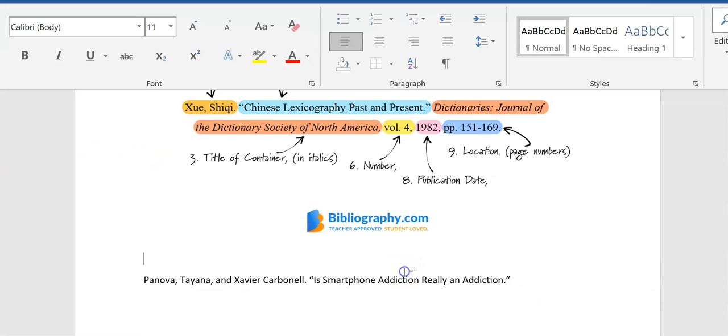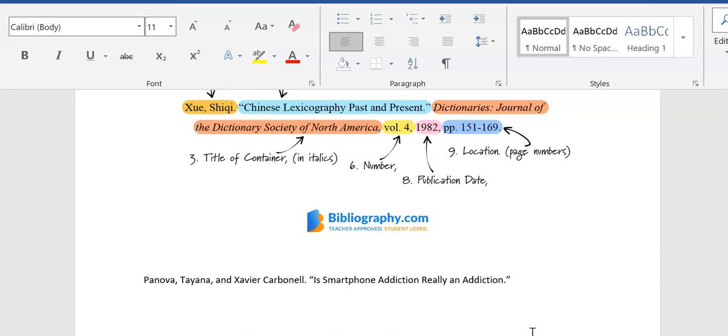And in MLA style, you capitalize any major word in the title. So I've capitalized the first letter of is, smartphone, addiction, and the word really, and I've left the minor word an without a capital.